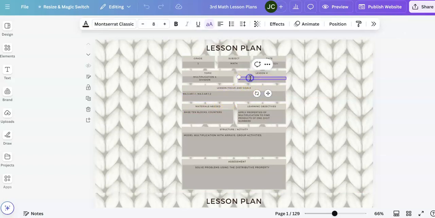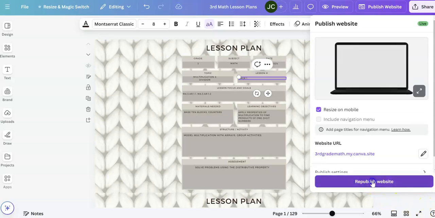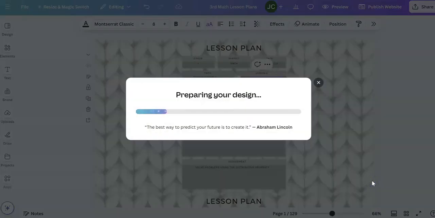So let's say, okay, page 1, right? I want to update. I'm going to click on publish website and publish website. So automatically, I don't have to go back to Google Classroom and make any tweaks because it does it from here. So if I go back to my Google Classroom, my students will automatically see whatever changes I made to